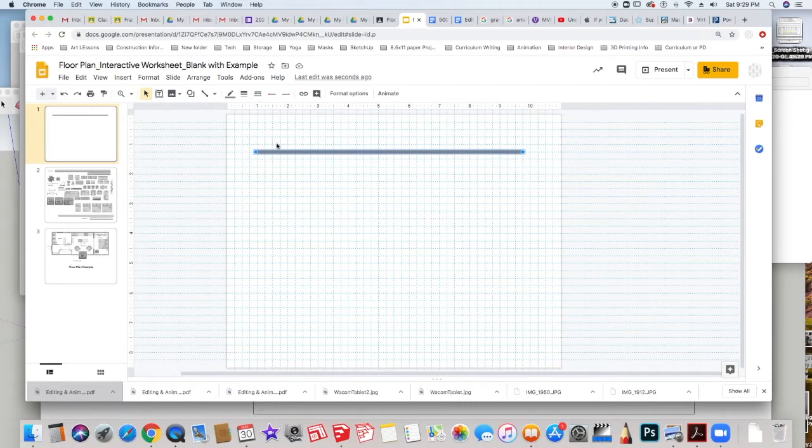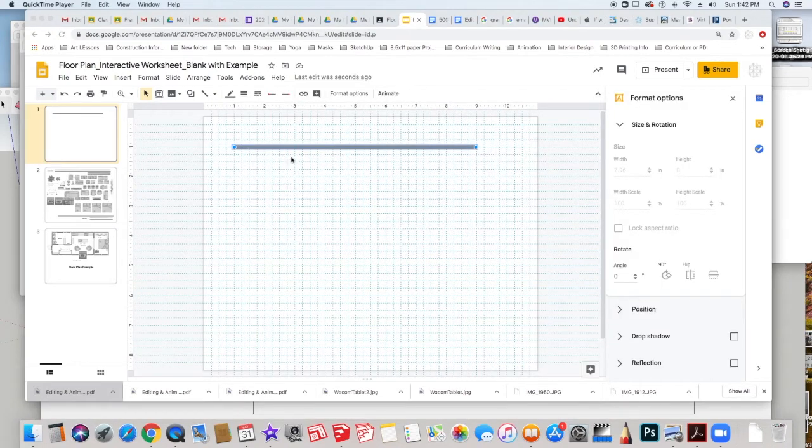Or of course you could just count the squares. Maybe this isn't the right size, so I want to modify this. In order to modify anything in Google Slides, some of you have had me for exploratory or for some other class. You know that I use Google Drawing quite a bit. So a lot of the same things that you can do in Google Drawing, most of them, you can do in Google Slides as well.